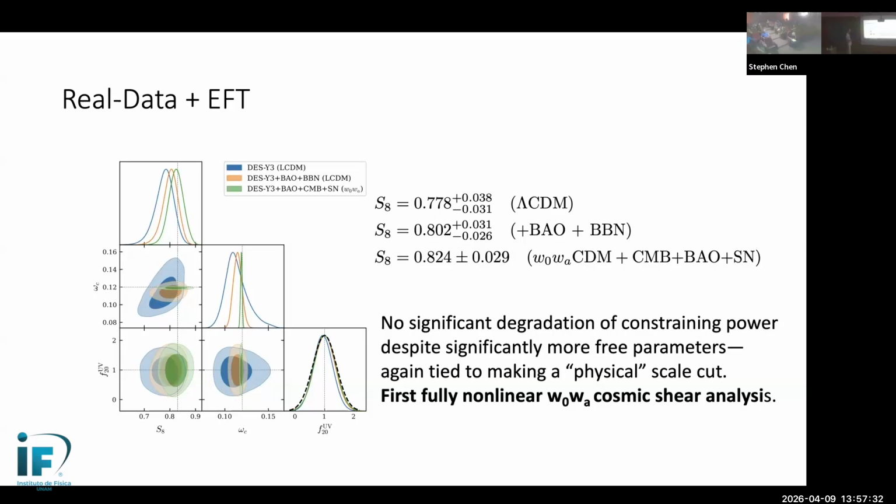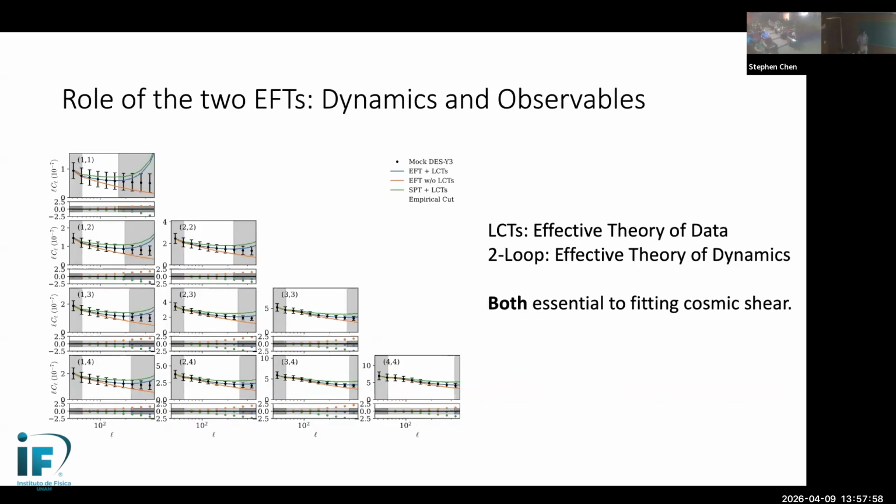To my knowledge, this is the first time people have been able to do a fully nonlinear w0wa analysis from theory, right? So I think the extension of this is really to say that once we have the analytic theory for a given extension of the standard model, we can directly do these analyses without having to run very expensive simulations, which may not even converge at the right level.